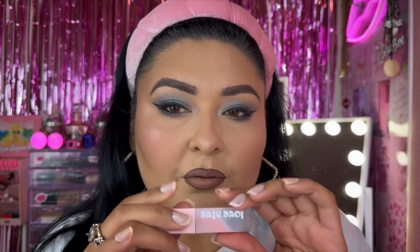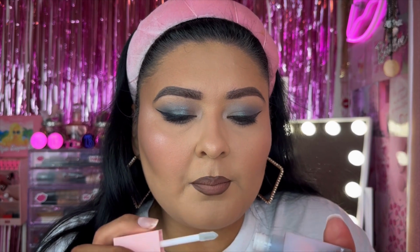For lips, we're taking the Love Dive collection from Sheglam, and this one here is in the shade Blue Over You. It does have a tinge of blue to it. So random, but just like the lip balm. I'm just gonna take that. So glossy. So like I said, I'm gonna throw lashes on off camera, but lastly we're gonna go ahead and